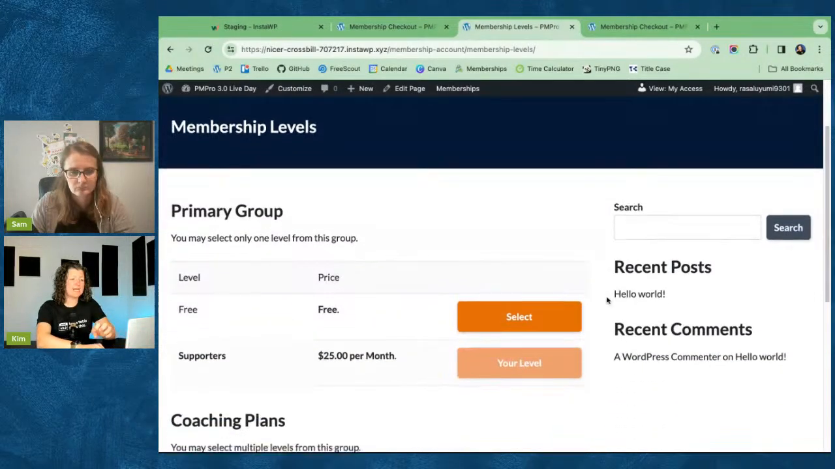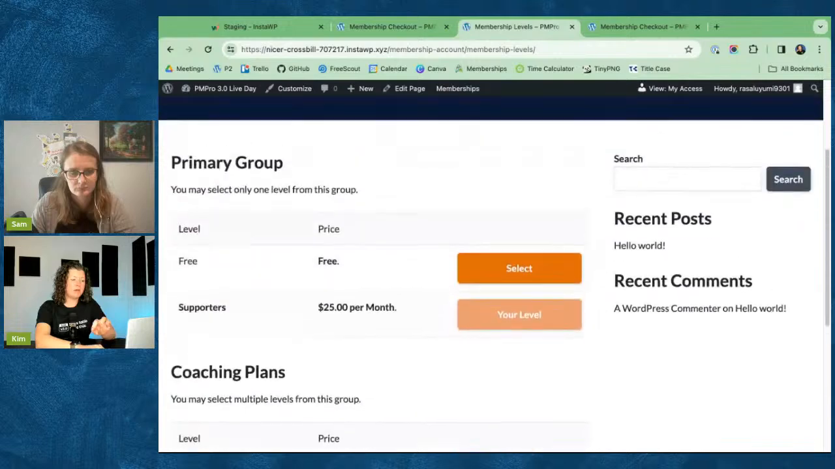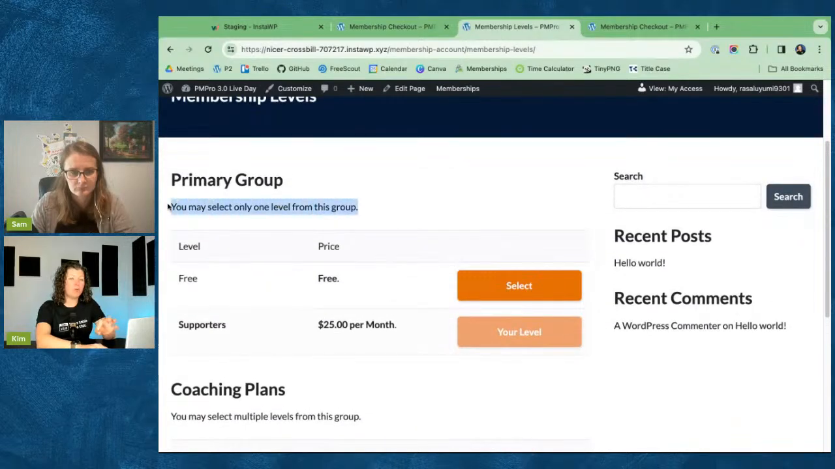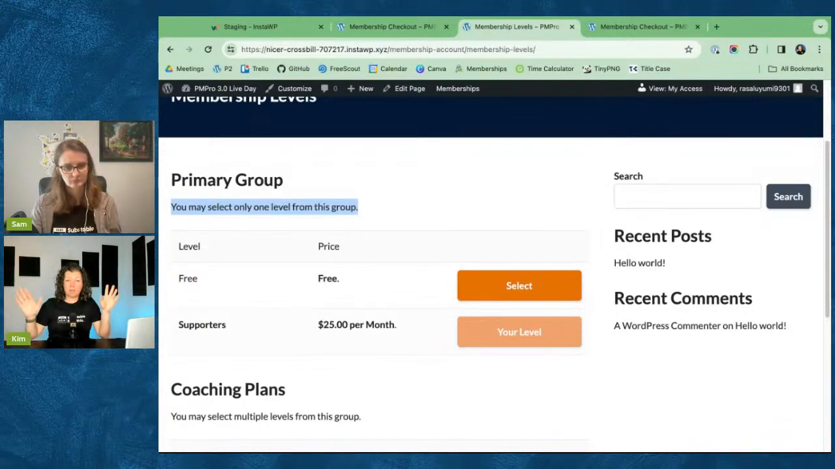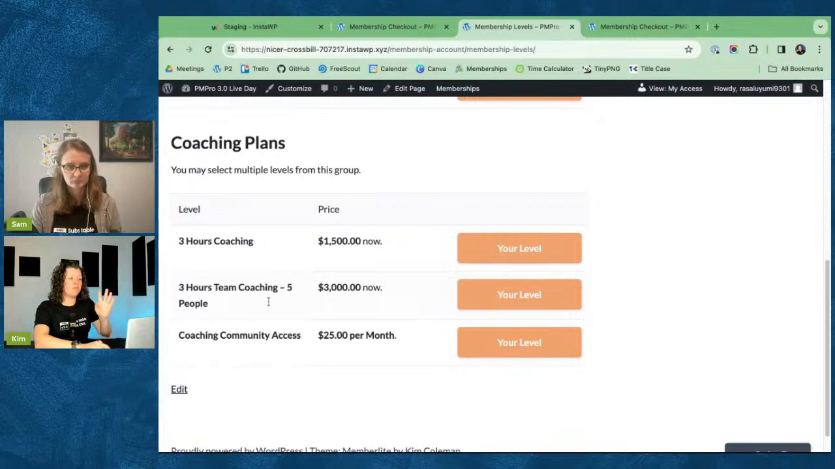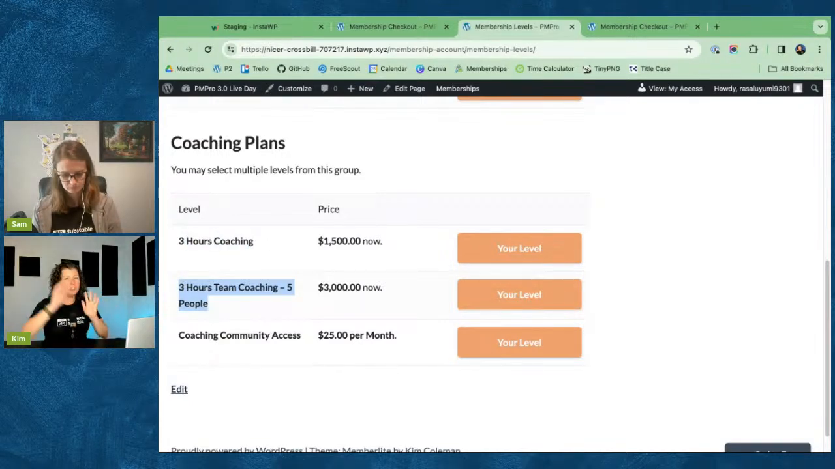So the way we've decided is that if membership levels are in one level per group, that tiered membership access, where you never hold more than 1 in the same group, we'll prorate within that group. Otherwise, we're not prorating. So these levels in this one-off coaching plans are not prorated. If I was on 3 hours coaching and I decided to add 3 hours team coaching 5 people, that's just an additional membership level that I get. It doesn't do anything to affect the 3 hours coaching level. It doesn't cancel it, and it won't prorate within it. It's just another thing that I'm buying. But then within the